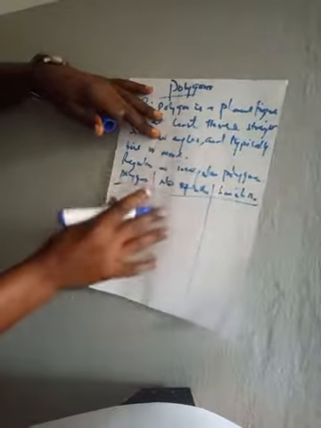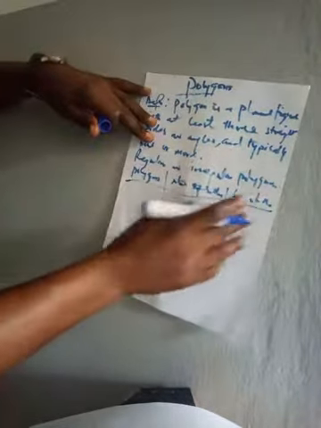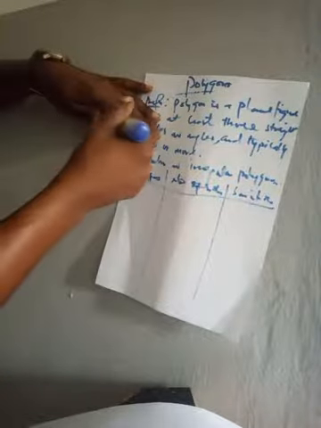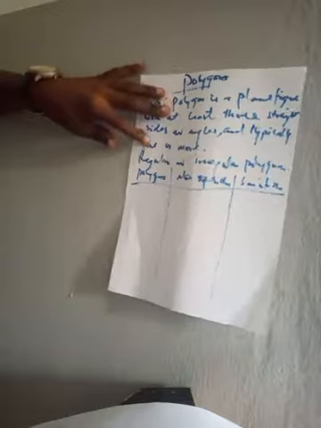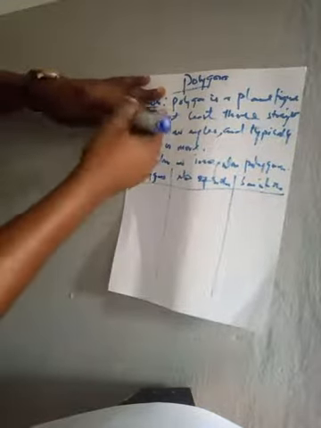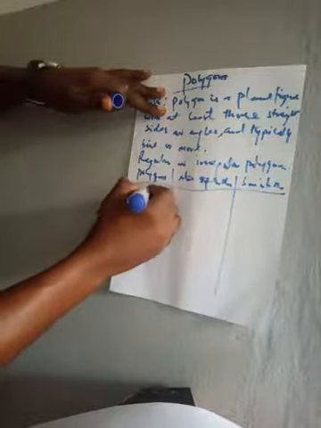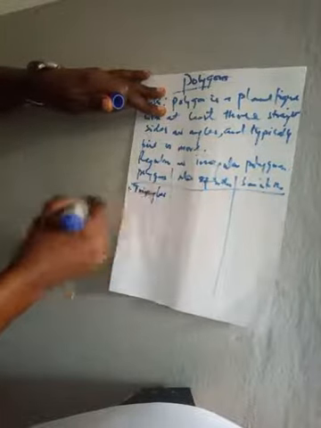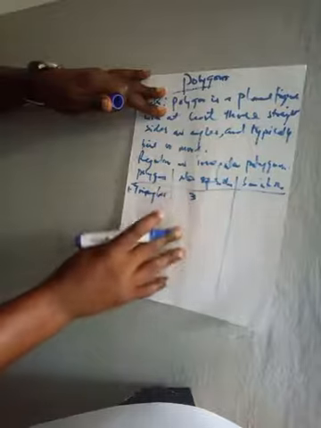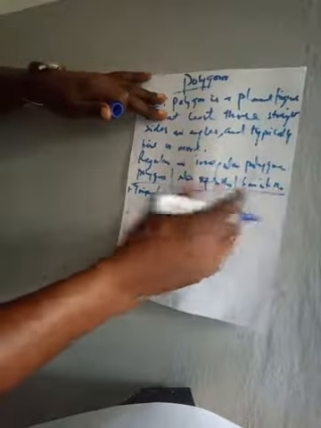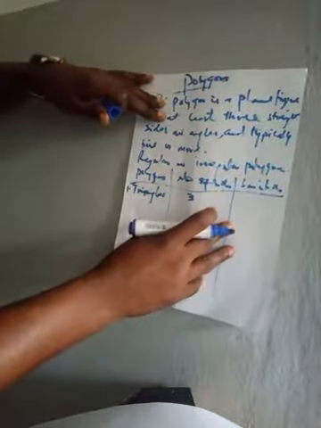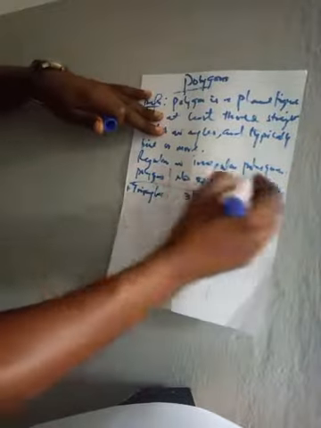The first polygon we are going to look at is the triangle. Of course, you know that a triangle has 3 sides and 3 angles. The number of sides will be 3, and the sum of interior angles of a triangle, you should know, is